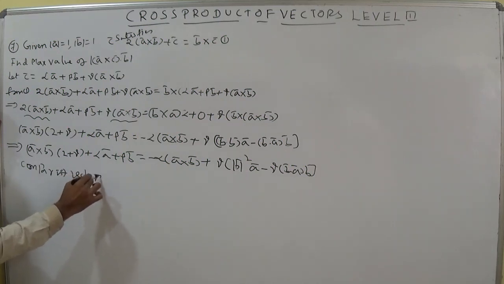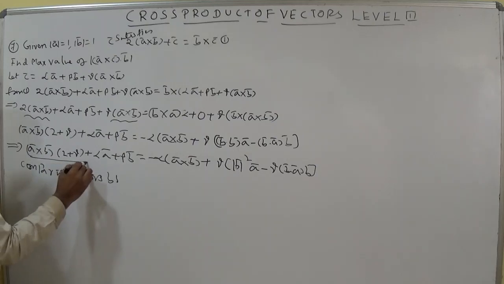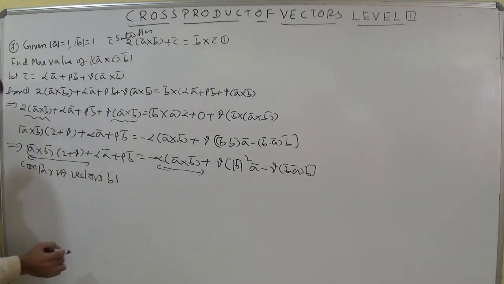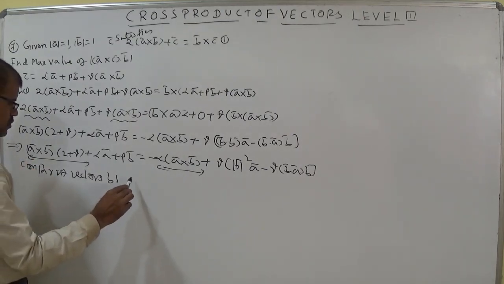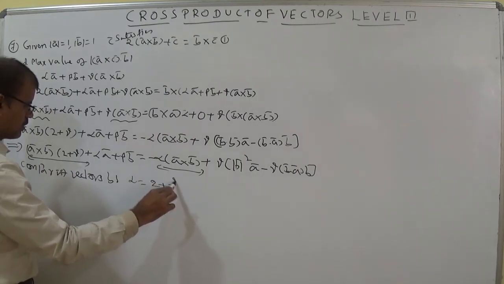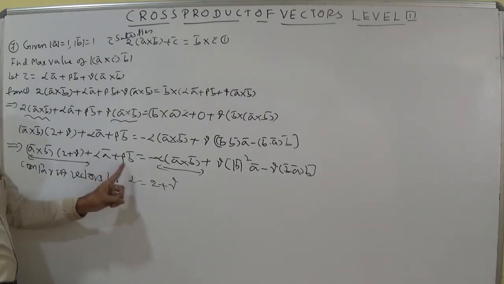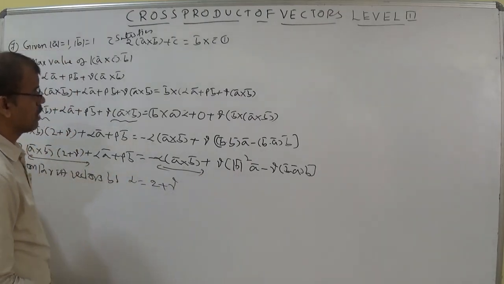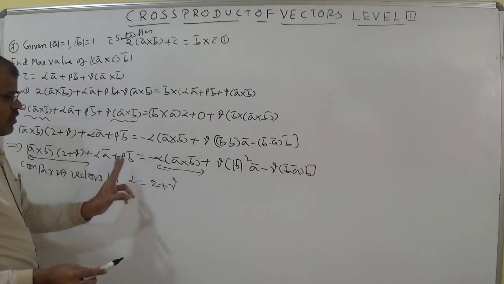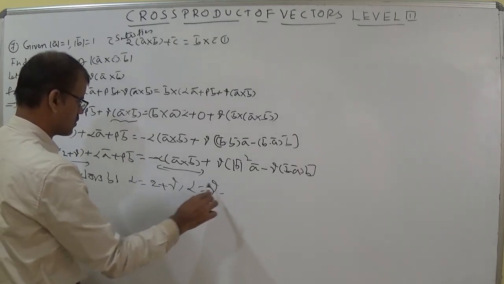Okay. Now we can write here comparing vectors both sides. If we compare vectors both sides, here I am putting an arrow underline, then you may get the value alpha is equal to 2 plus gamma. And compare here alpha A bar, here gamma B square mod B square A bar. Here mod B equal to 1, as given, it becomes 1. So alpha A bar equal to gamma A bar. Gamma, you can write here alpha is equal to gamma.